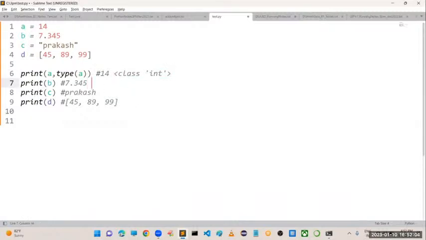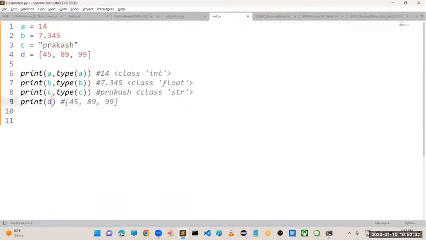Similarly, if you print B and ask what is the type of B, B value is 7.345 and it is of type class float. For C, I want to check the type of C. Prakash is the output and it is of type class string.